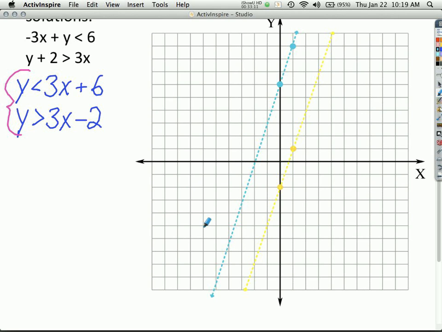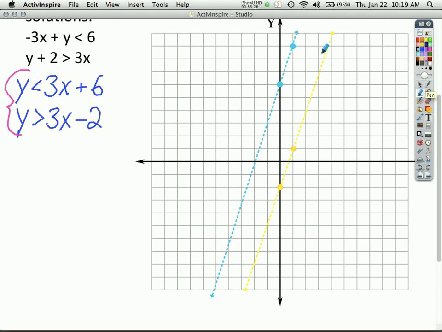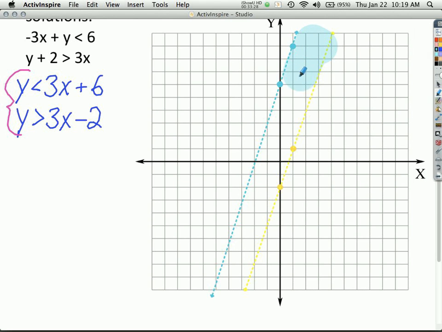Which way do I shade? And some of you are going to kick yourselves, by the way. Which way do I shade, Von Travis? I'm going to shade down, which in this case means start here and go this way. So unfortunately, some of you shaded in the wrong spot, but I want you to watch. So we're going to shade over here, and I'm going to go like this and shade in this whole thing.